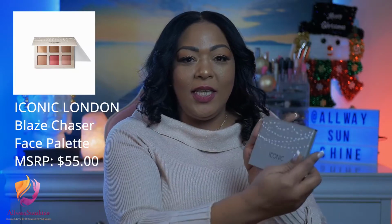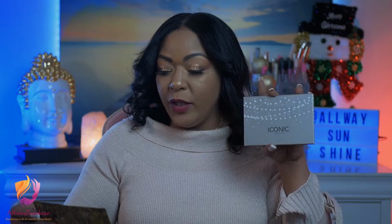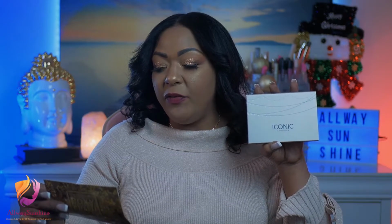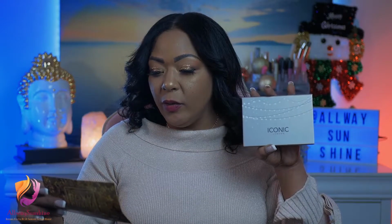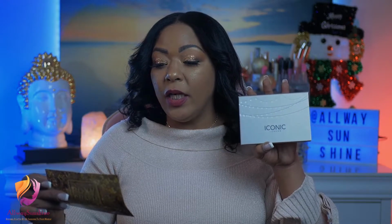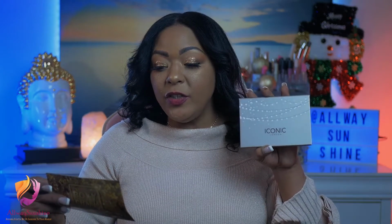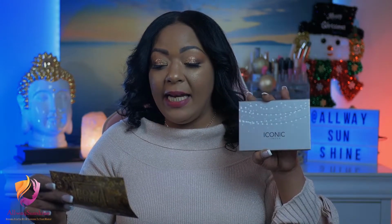Now, the last product that I did receive is the Iconic London blush. This is what it looks like. Now let's go to the pamphlet. I will be opening it for you guys in a couple of seconds. It says the Iconic Blaze Chaser Face Palette, an ultra versatile face palette featuring 6 shades of butter smooth velvet powders that complement all skin tones. This convenient palette contains shades for sculpting and bronzing to add natural looking warmth and definition, blush shades that lift the face and give you that must-have lit from within glow, and highlight shades for